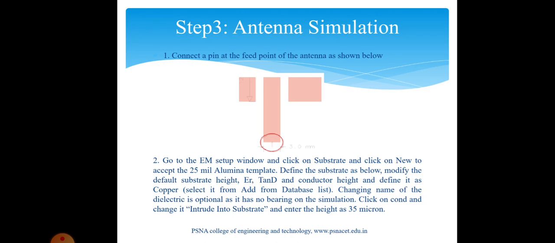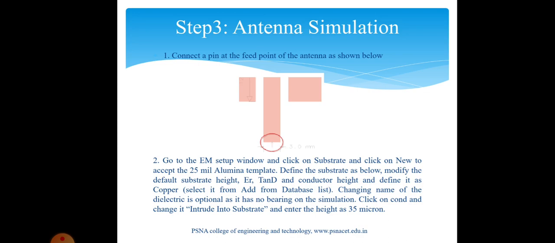And we have to go for the simulation. We have to go to the EM setup of the ADS software tool in the momentum layout window, and click the substrate material and give a thickness of the material, whatever the type that we have selected, and we have to give the thickness in microns, 35 microns thickness, the loss tangent, everything.